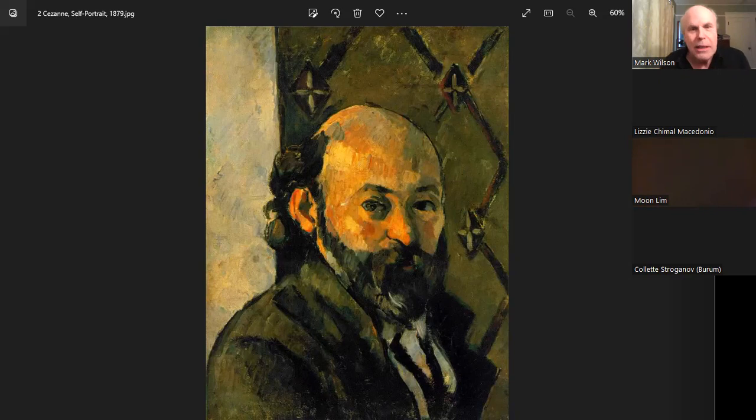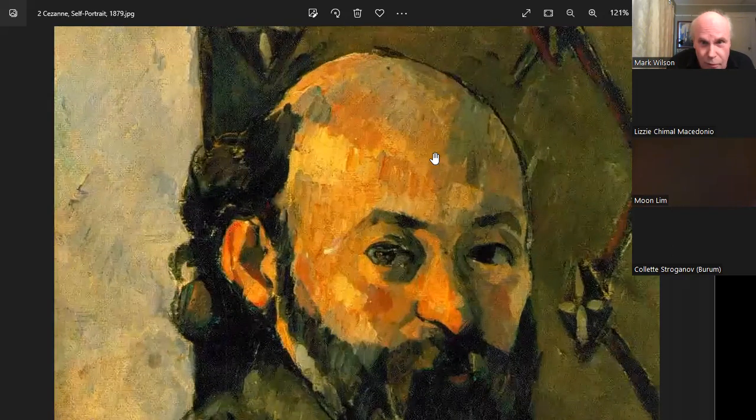So here's the definition of this new style that he invented. It's his own creation. No one had ever thought of it before. Again, it's on your list of terms to know: building blocks of color. It's a style of painting invented by Cezanne, and then it was imitated by many other painters. A style of painting invented by Cezanne, in which firmly placed brushstrokes of alternating warm and cool colors